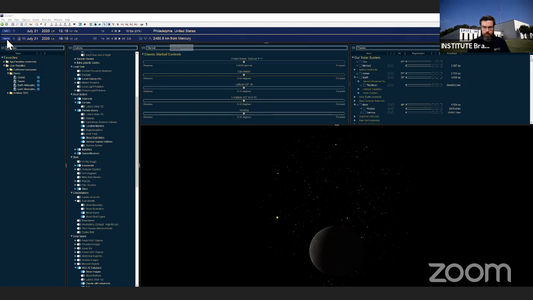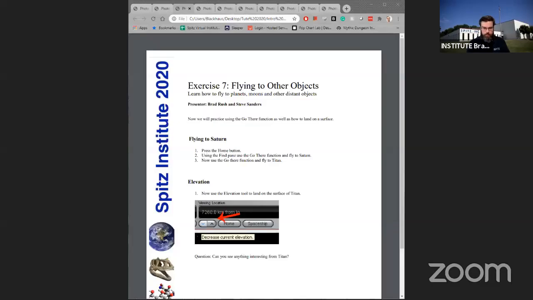Okay. So I'm going to stop sharing my screen here. Steve has already shared the two exercises, if you don't have them ready to go already. It's exercises 9 and 10, flying, elevation, and zoom. So go ahead and get to work on those. If you finish,